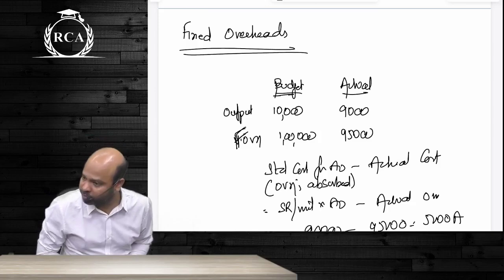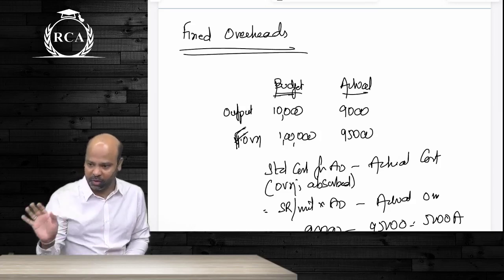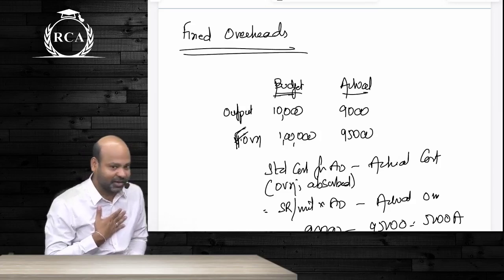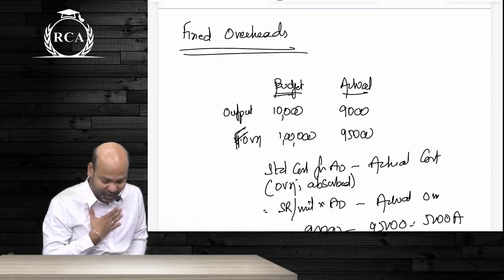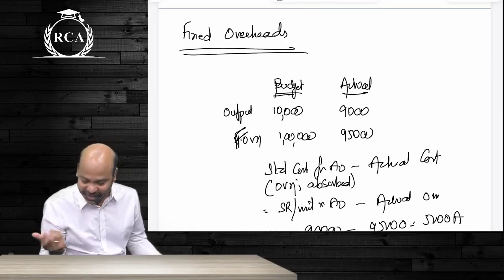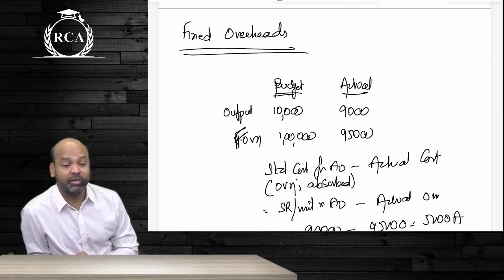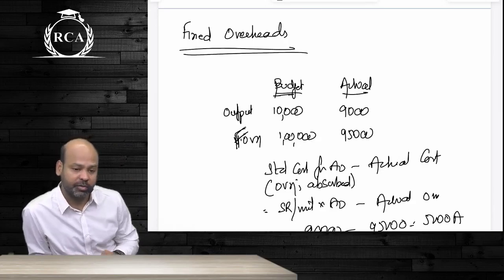That is absorbed overheads. To compute that, they should give us budgeted output and actual output. Using budgeted details, you arrive at the standard rate per unit. Once you get that, you compute absorbed overheads by writing standard rate per unit into actual output. Is that clear? Your overall fixed overhead variance, which is absorbed overheads minus actual overheads, is segregated into